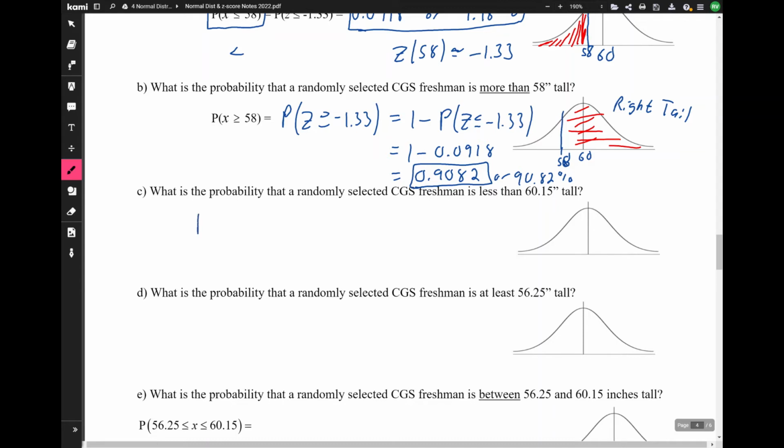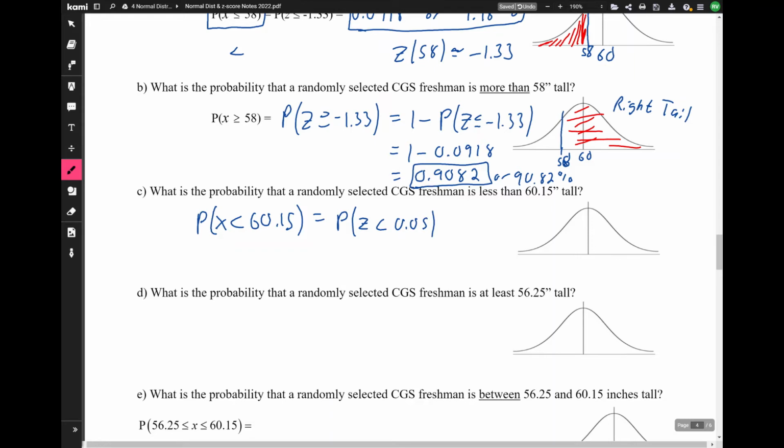All right, so we're finding the probability that x is less than or equal to, but I'll be a little more careful this time. I'll use strictly less than, but again, it doesn't matter in this situation. It doesn't make a difference. What is the probability that x is less than 60.15? Okay, convert to a z-score. We've done that already. You can look on the previous page. That is z less than, and the z-score is